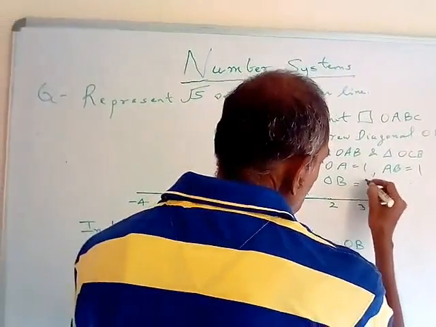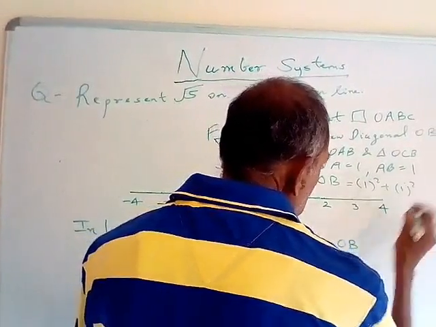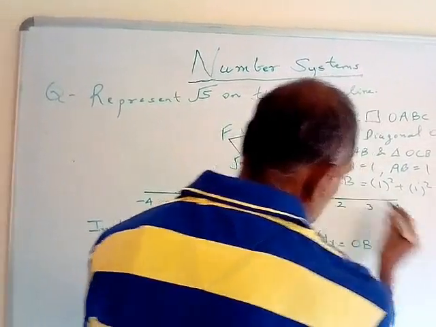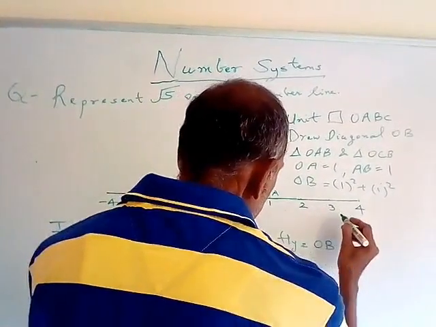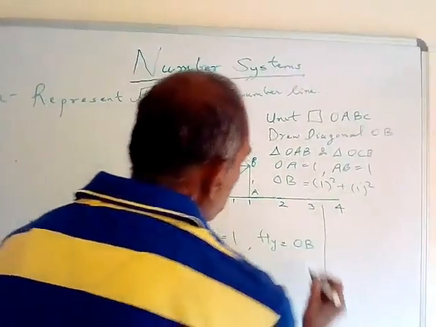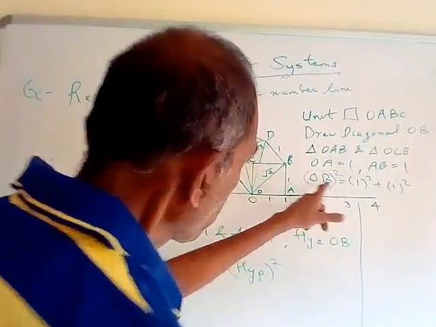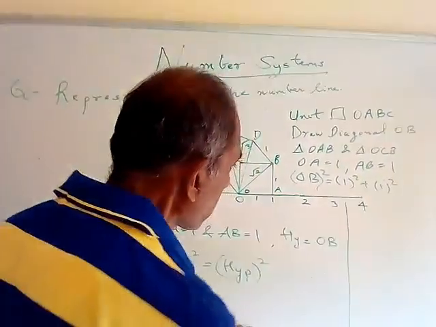So that will be 1 square plus 1 square. So OB square, hypotenuse square, is equal to side square. So therefore